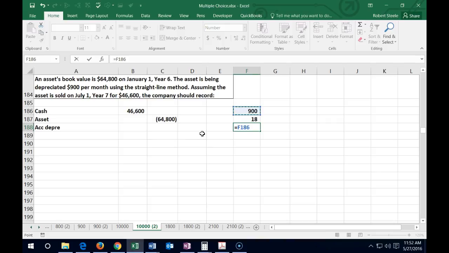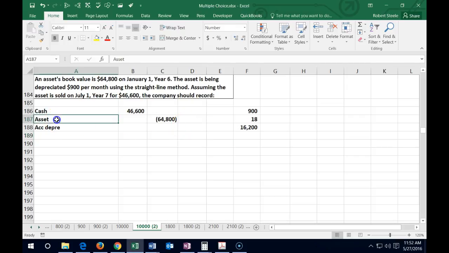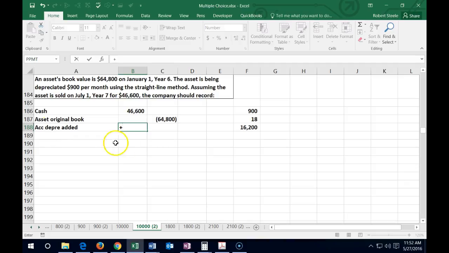So we've got $900 times 18 more months. That's the added accumulated depreciation over this book value. So that's the asset, let's say original book value, and we'll group those two together. We don't know the breakout between the book and the asset, but we know the accumulated depreciation added we're going to have to take off the books now. Accumulated depreciation has a credit balance. We're going to make it go down by doing the opposite thing to it. We're going to debit it by that